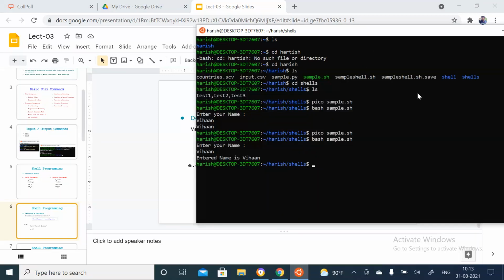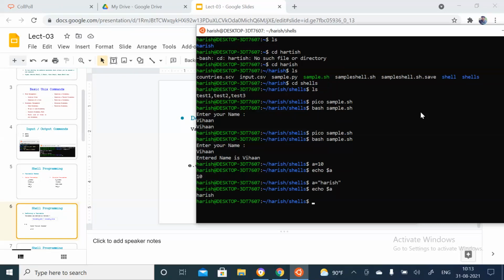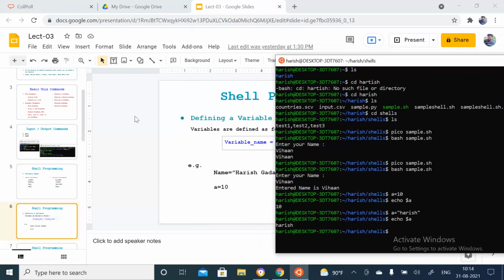Let me show it again here: you can see a, you can see 10, or if you say a again, you can see the value. So it is not necessary to provide any type before the variable. You can simply use that variable.